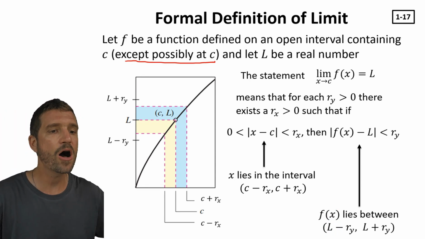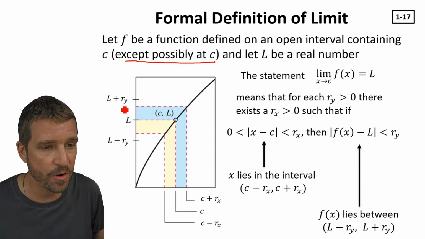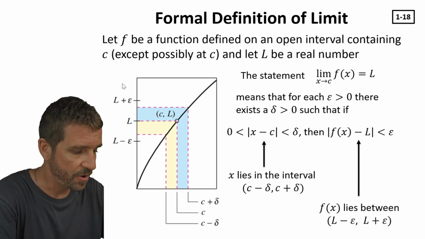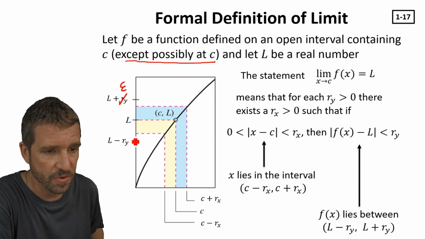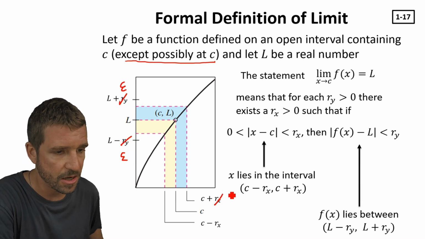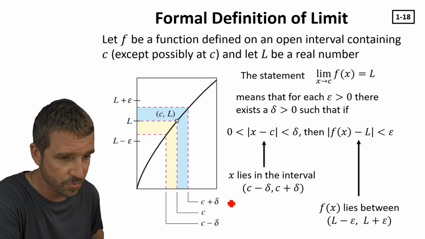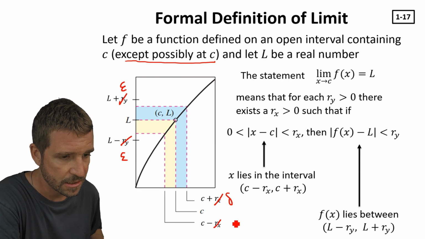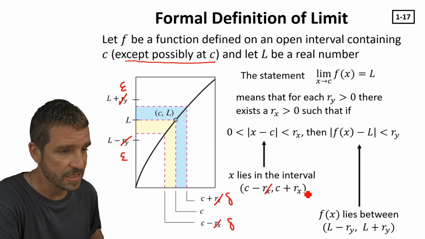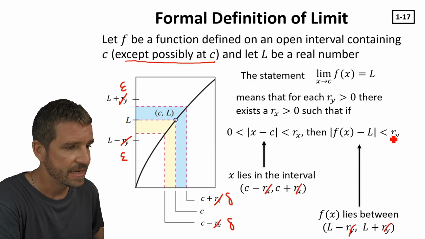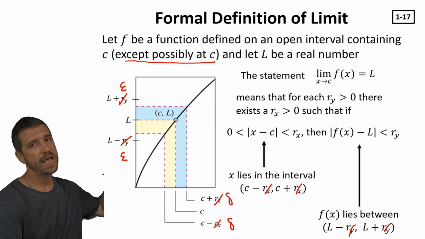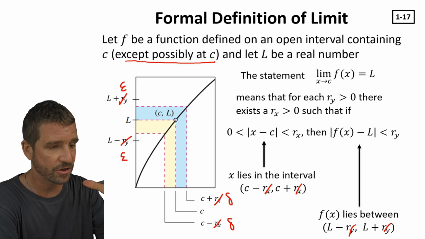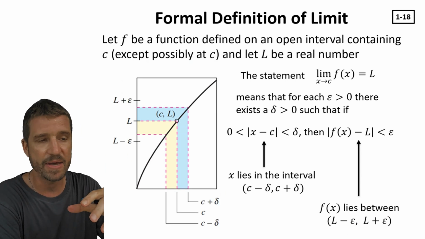Okay? So now, plugging back in, I'm going to replace the r sub y with the epsilon, okay? I'm going to replace all r sub y's with epsilon. I'm going to replace all r sub x's with the deltas, okay? Even in all of these places, everywhere, I'll replace it. Same thing. I'm just replacing epsilon and delta, and now we have the complete mathematical definition of the limit, and